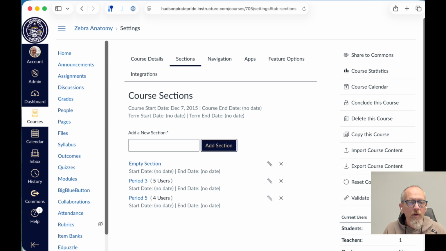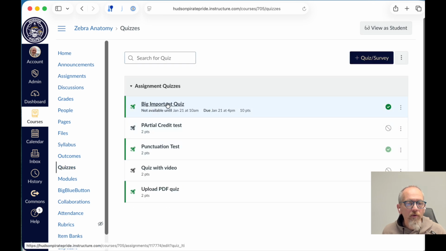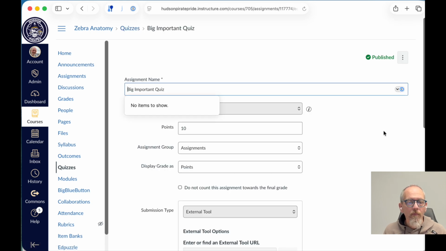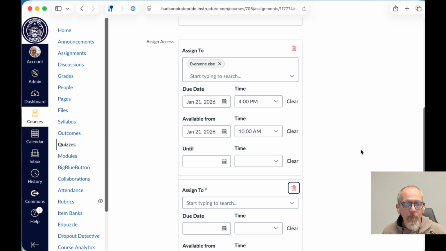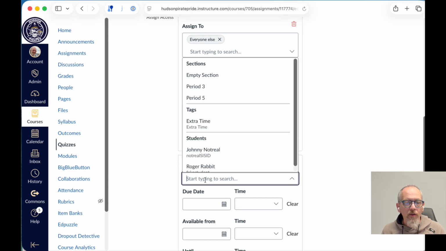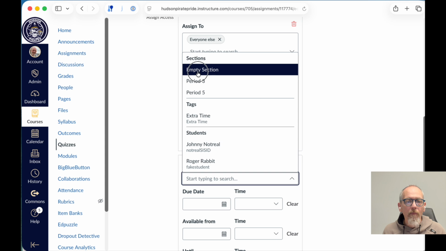And it creates an empty section. Okay, so now that that's there, we're going to go back to the thing we want to preview, in my case, this quiz, and we're going to go into the settings for it. And down here where we've got the dates available, we're not going to change that, but we are going to add an additional assignment